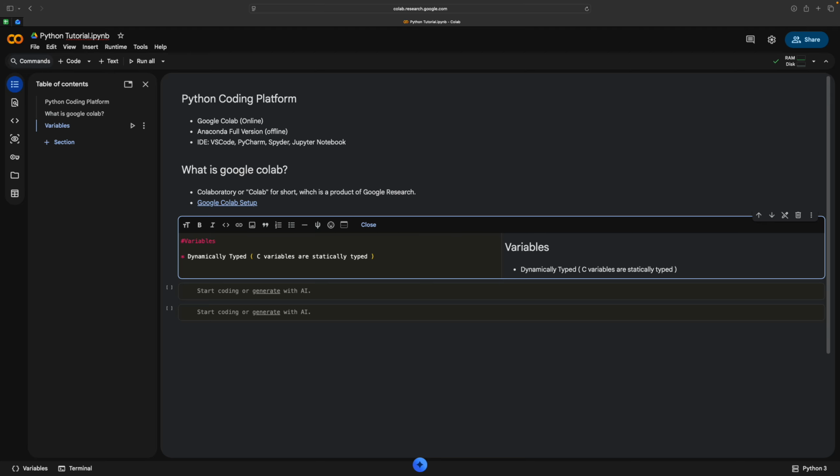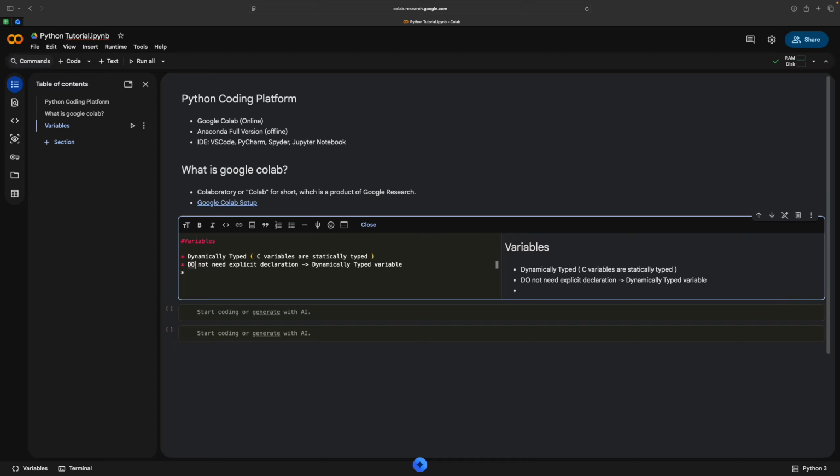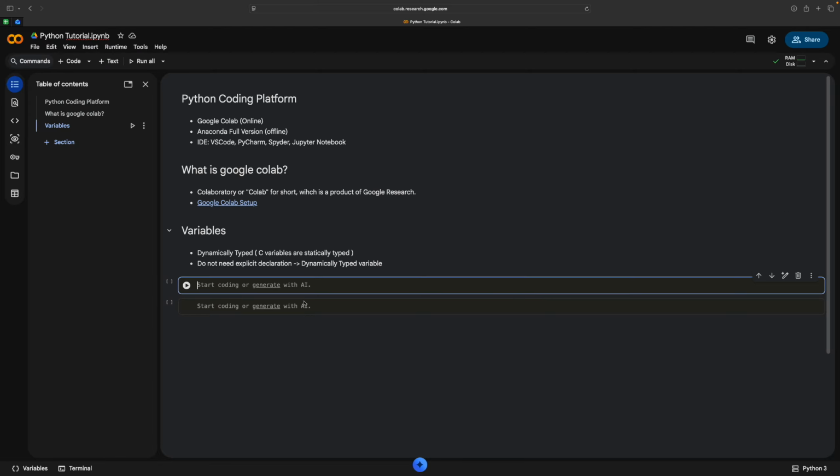Okay, so dynamic type means we do not need explicit declaration. This is for dynamically typed variables. We're gonna see an example for this. Okay, so mistake. So here the declaration happens automatically when you assign a value to the variable. So let's see something like that. So basically this is a